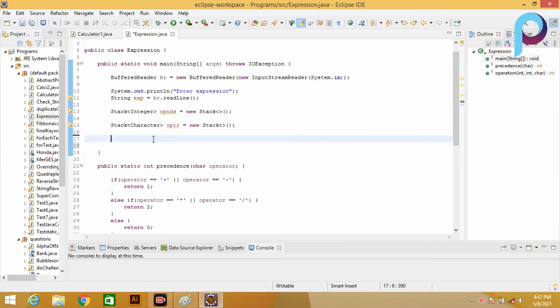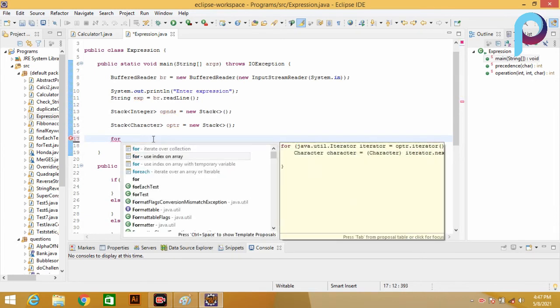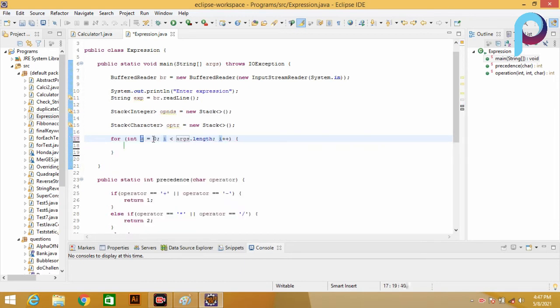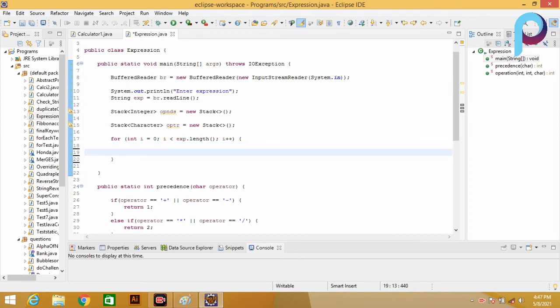So just create a for loop and go through the length of the expression, and in that expression we have to take out each character. So let's take a character type ch1, in which we store the single character of the expression, using exp dot charAt index i.